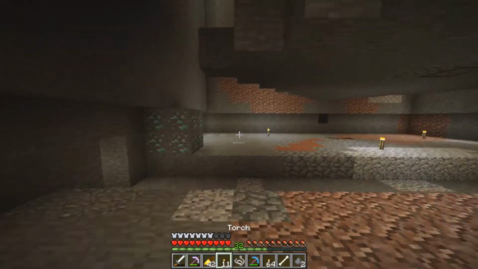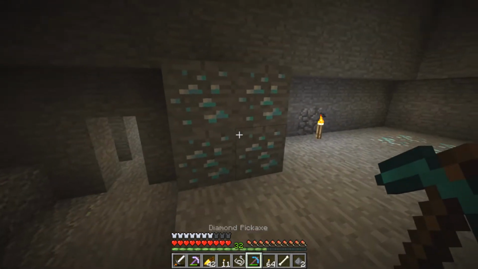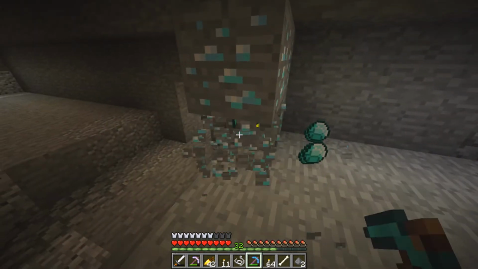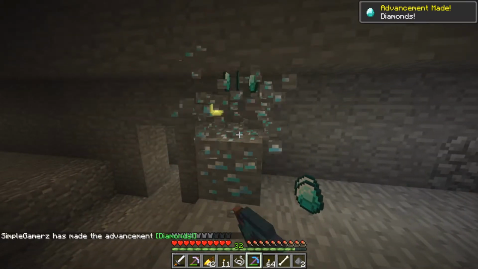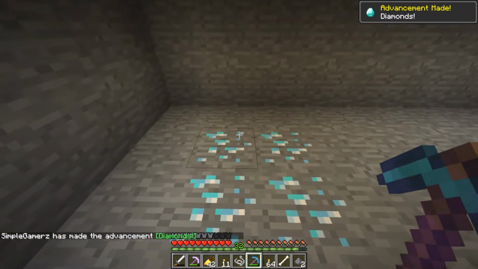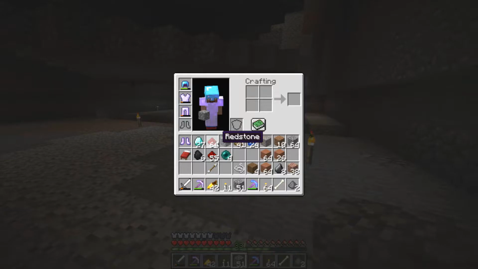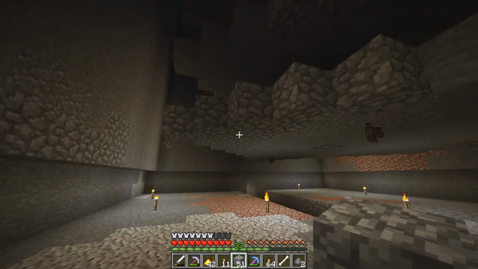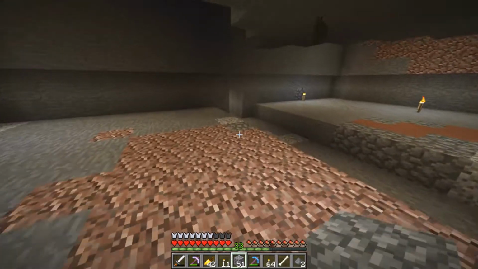anyway, so I want to get the diamonds that are here. I'm using my fortune pickaxe so we get more of them. There we go, and there's one of the new advancements. It's going to get really annoying when they all pop up. So we've got 2 stacks of redstone and 27 diamonds just from the little bit that was in here. What I need to do now is...